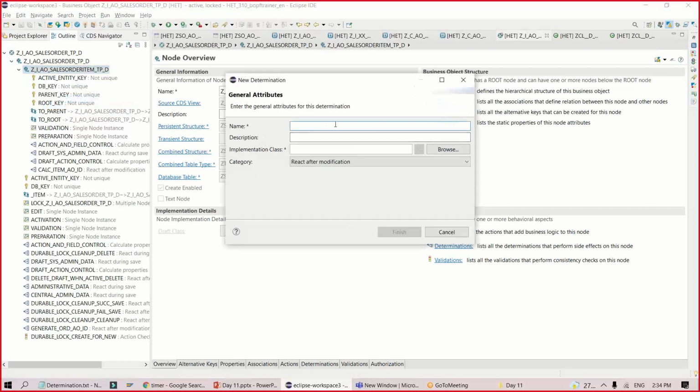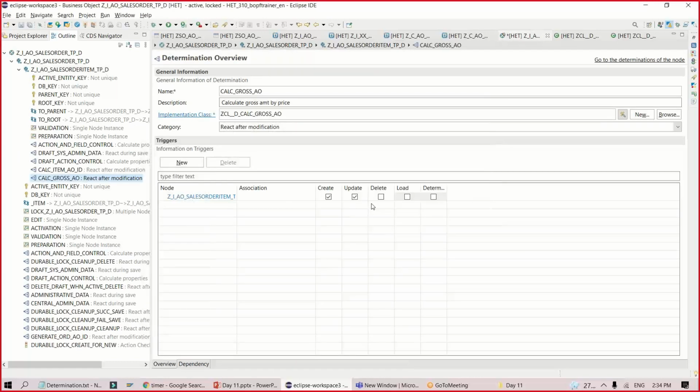and choose here calculate price or calculate gross AO, my name initials, and calculate gross price or gross amount by price, product price, and we say finish. Another determination. This time, make sure we keep the update also checked because we want to do this computation not just during create but during update as well. Yeah. So now I'll save it and go to new,